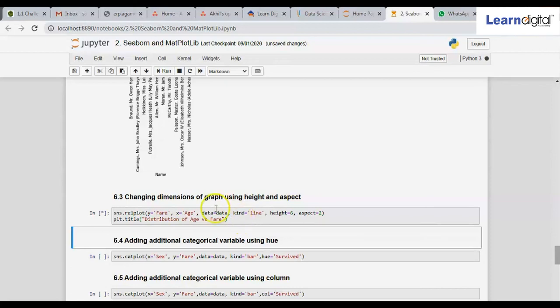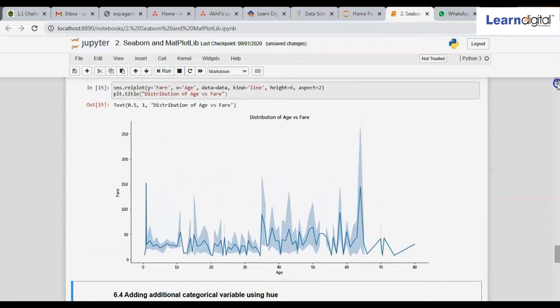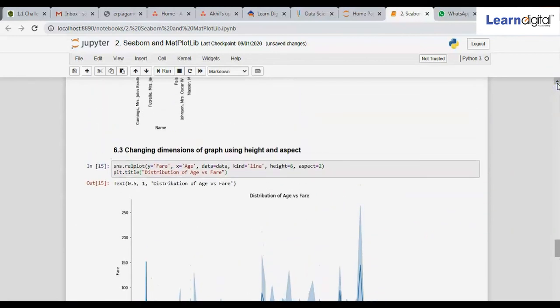I have executed this code to show you how you are going to change the dimensions of the graph using height and aspect. This basically helps us in enlarging or minimizing a graph. If you remember the line graph that we constructed earlier between age and fare, let me show you.